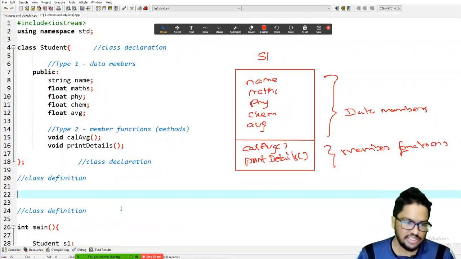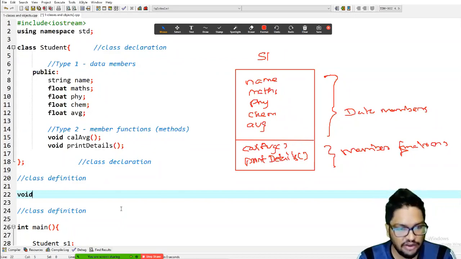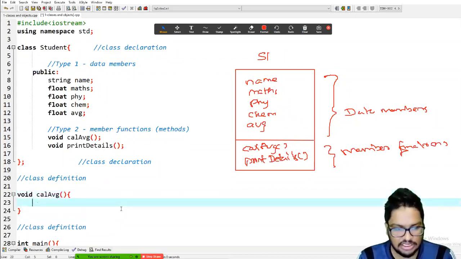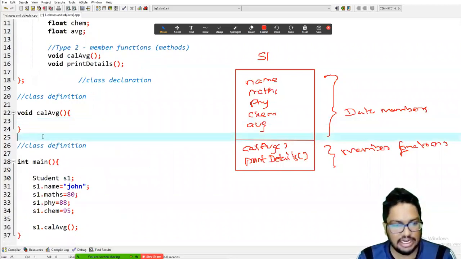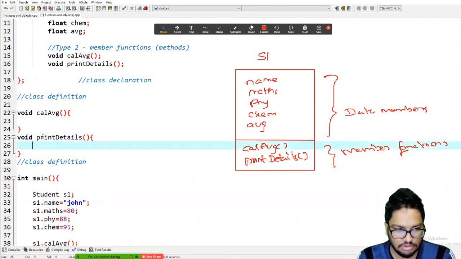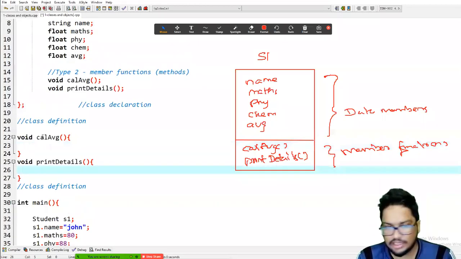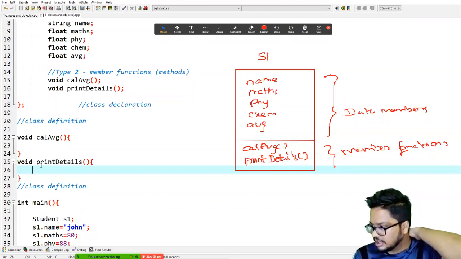In the class definition, you have to define what this cal average does, and what this print details does, right?